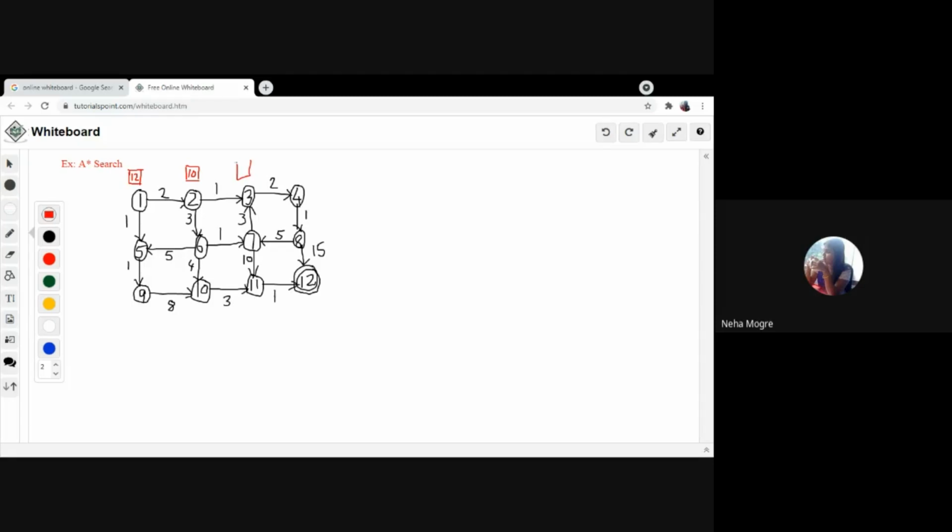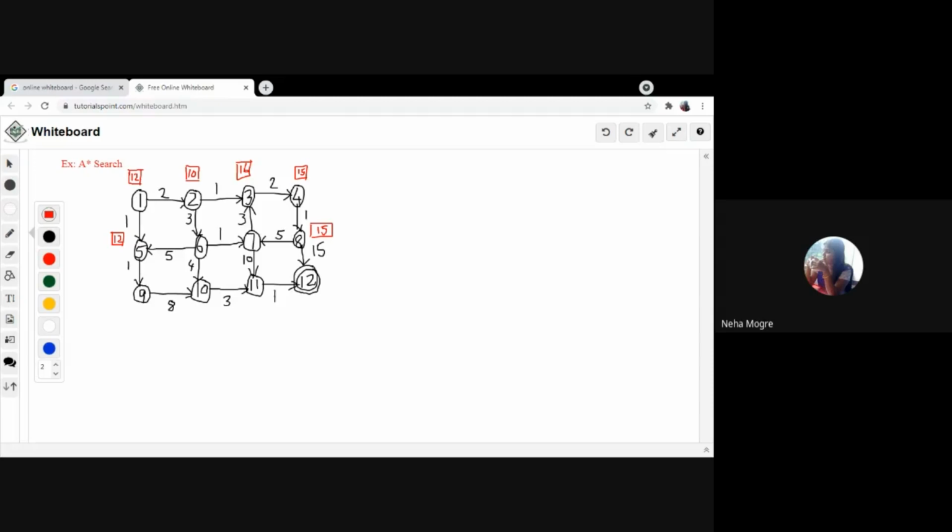Any random values I have selected. 16, 15. For node 8, 15 again. For node 5, 12.